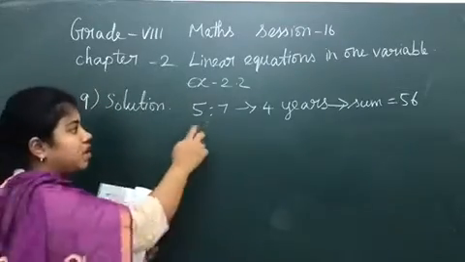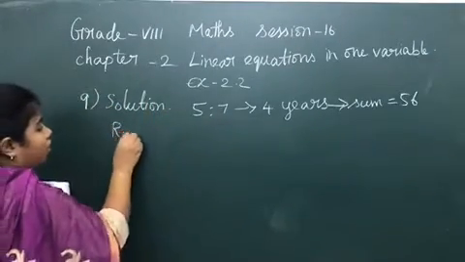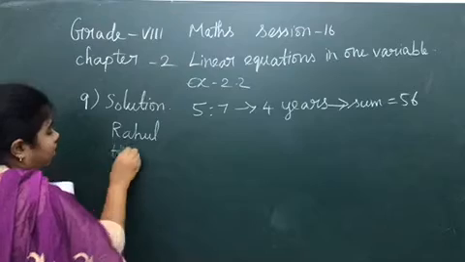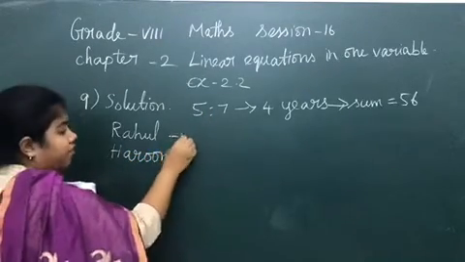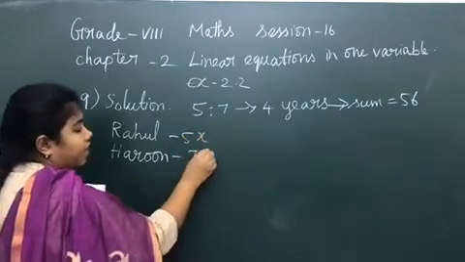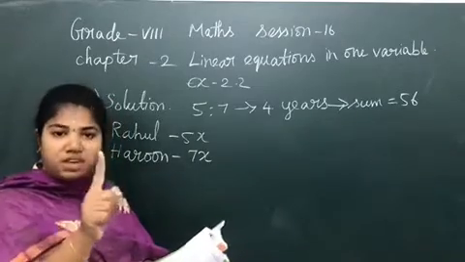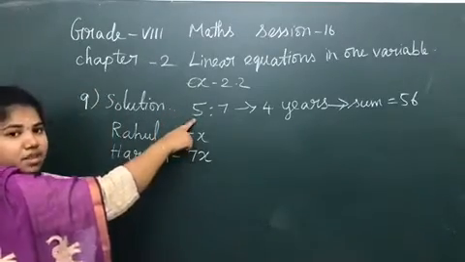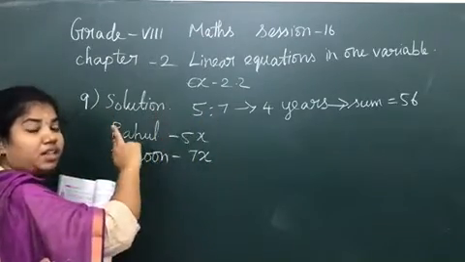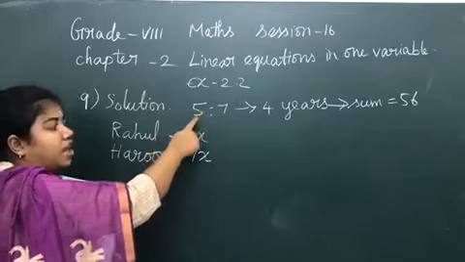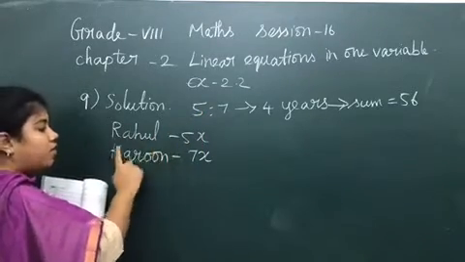Now, what you are going to do is, the ratio is given as 5 and 7, and we have two names, Rahul and Harun. Okay. So Rahul will be 5x and Harun will be 7x. Why Rahul 5 and Harun 7? Because Rahul is the first name given and 5 is the first one. So Rahul 5x, Harun 7x. If in the question Harun is given first, you have to take Harun as 5x and Rahul as 7x. Can you understand? Now Rahul is 5x and Harun is 7x.